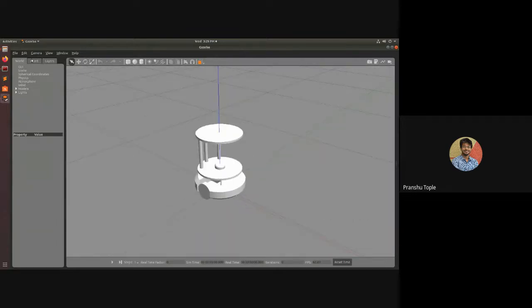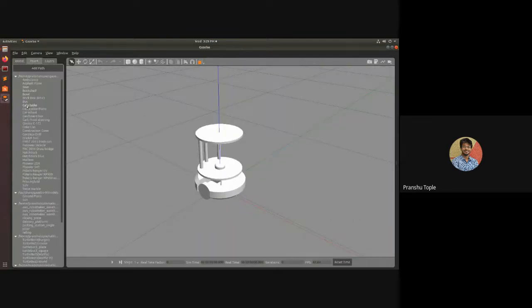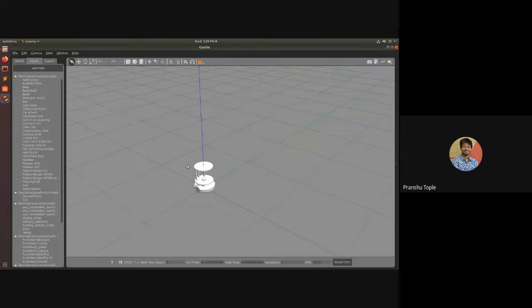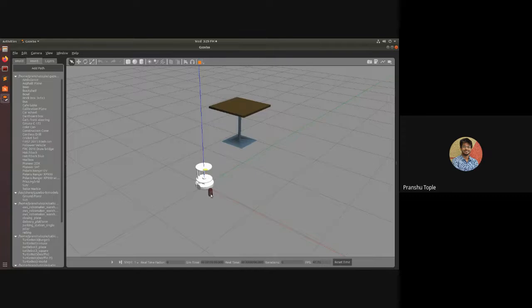So if we are making a waiter robot kind of a thing, we can add some cafe tables around. We can add a Coke can on the top of the robot, so I can just move it around.